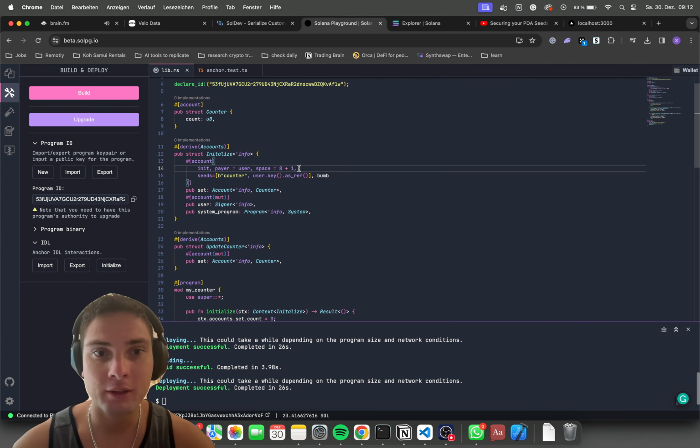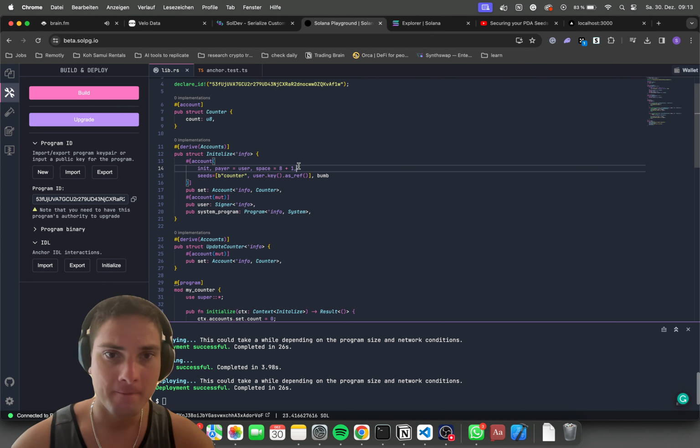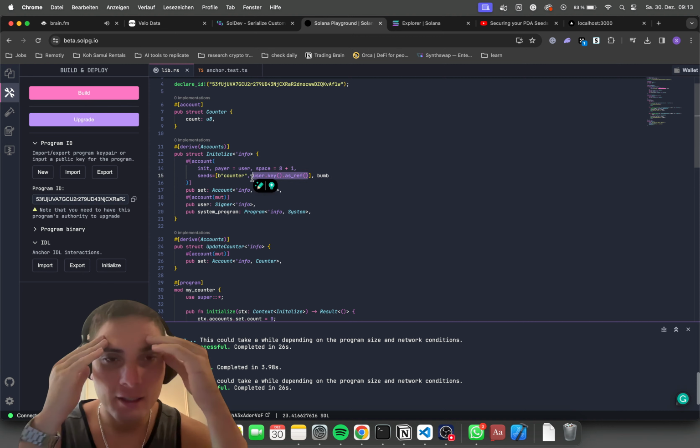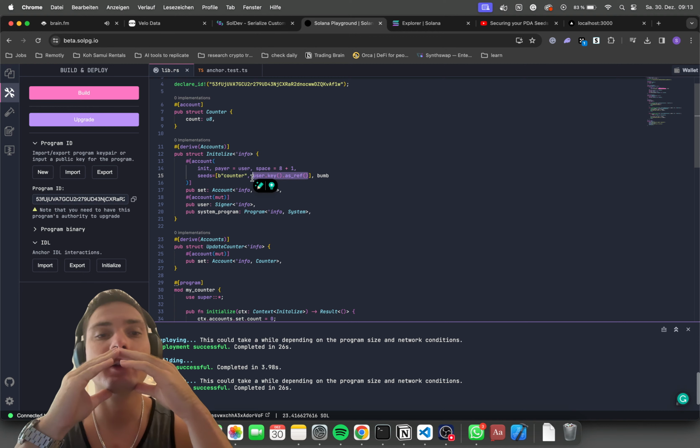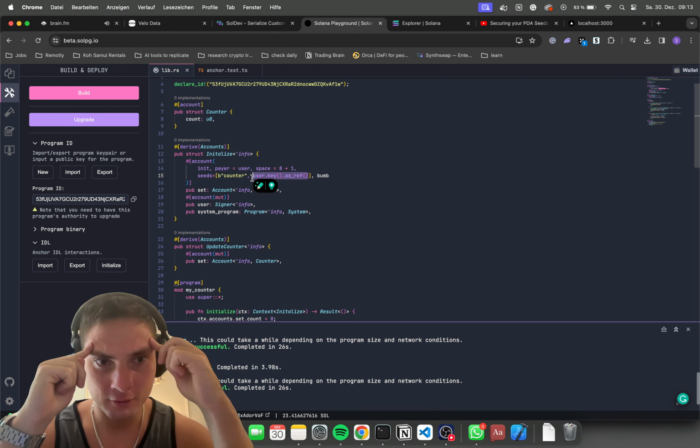So you won't be able to use any public key here because it must be from the signer, so you must have the private key, of course, to sign the transaction. But I think, since this is only the reference we use here later to initialize the account, we probably have to